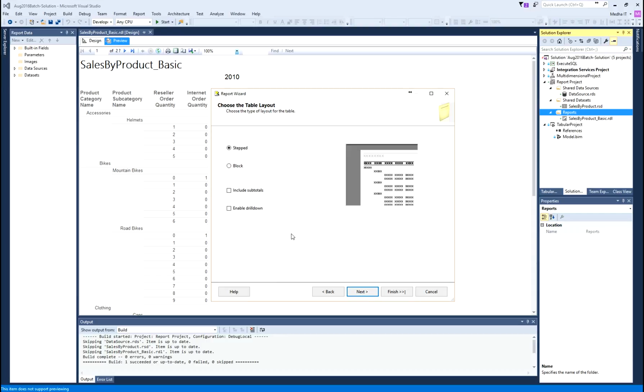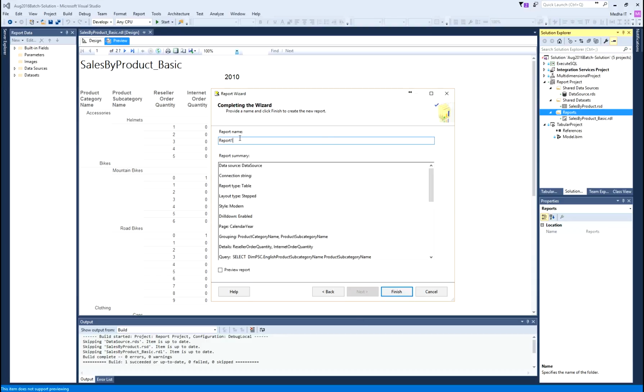Next, here I want to select drill down, enable drill down. So what happens when I enable the drill down? Next, sales by product, I will call it as with drill down.